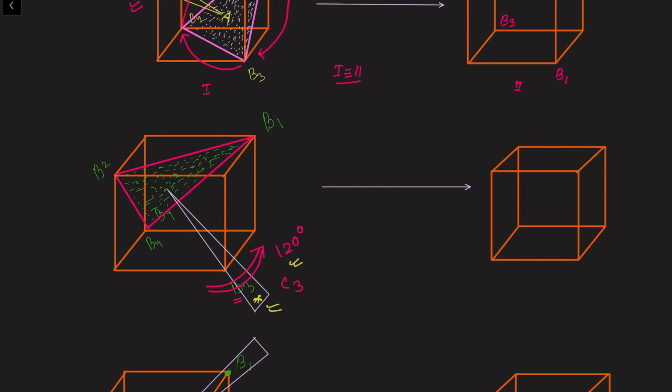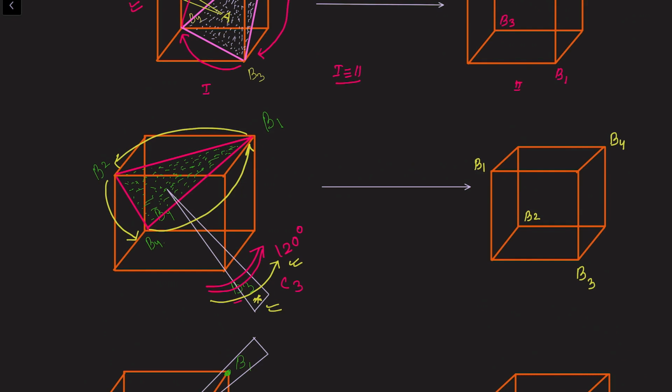So now in this direction we are rotating this molecule. What will happen? B4 will interchange its position with B1, B1 will interchange its position with B2, and B2 will interchange its position with B4, right? So finally, B3 will remain here, this position will not change. Here B4 will come, here B1 will come, and here B2 will come.